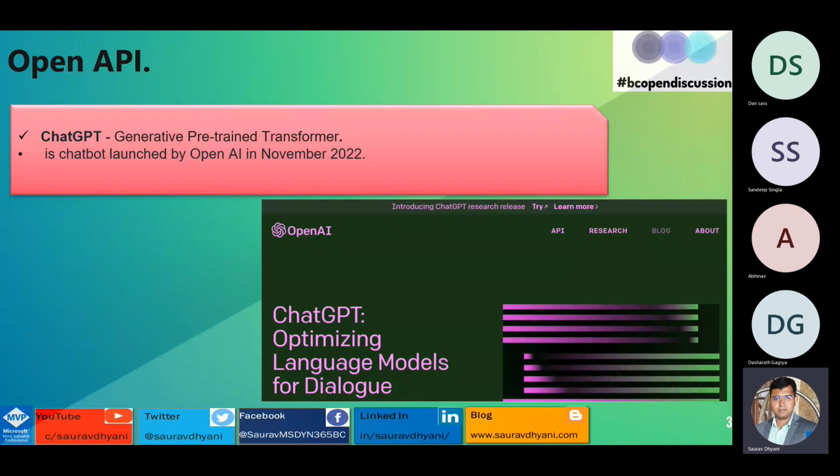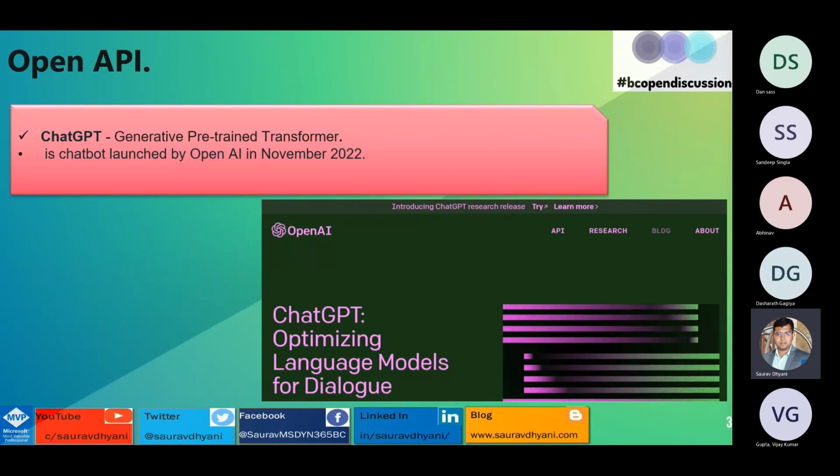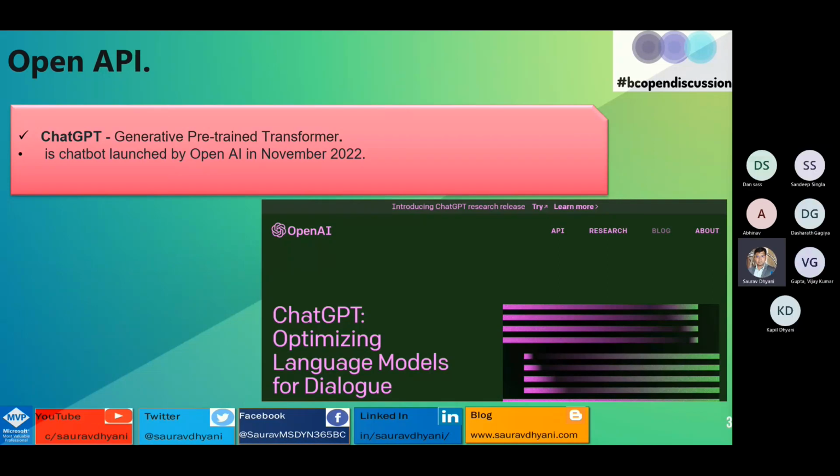It's getting huge interaction. It's a kind of AI, not open API, it's OpenAI, which was released in the last quarter of 2022, and it's fun to play with. It's getting good feedback as well as bad feedback from the market.